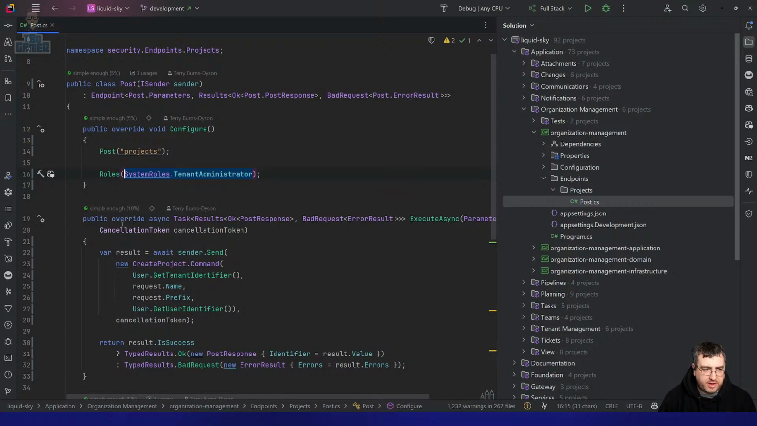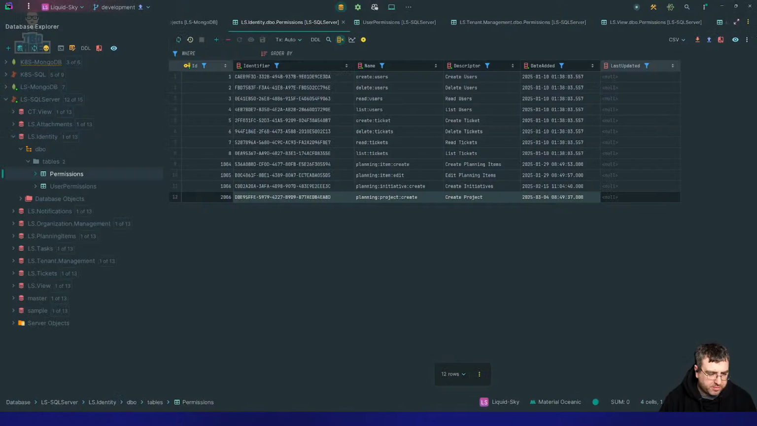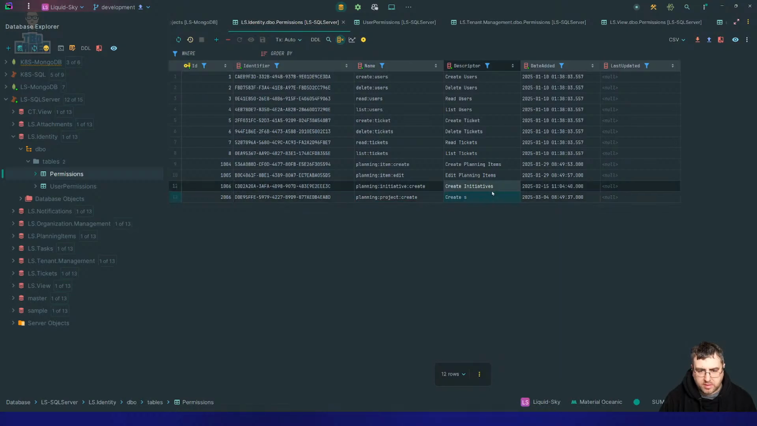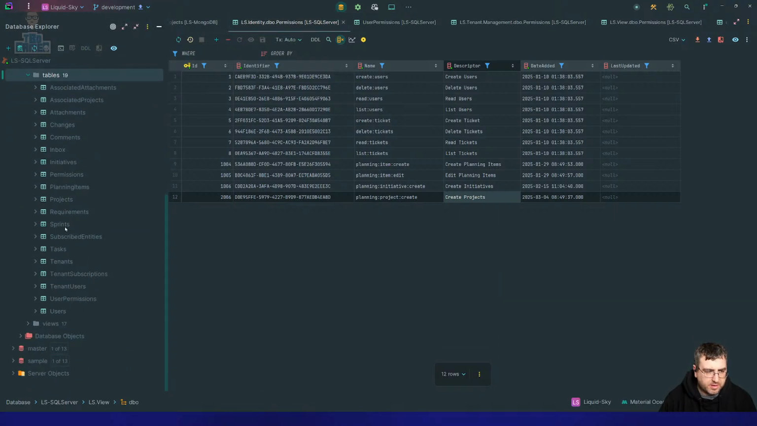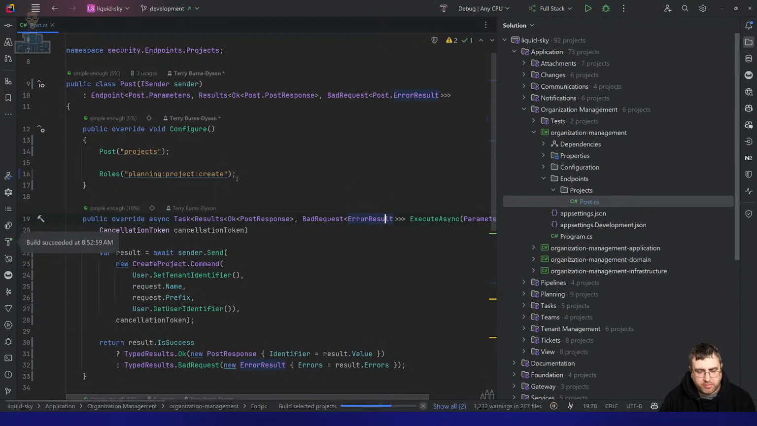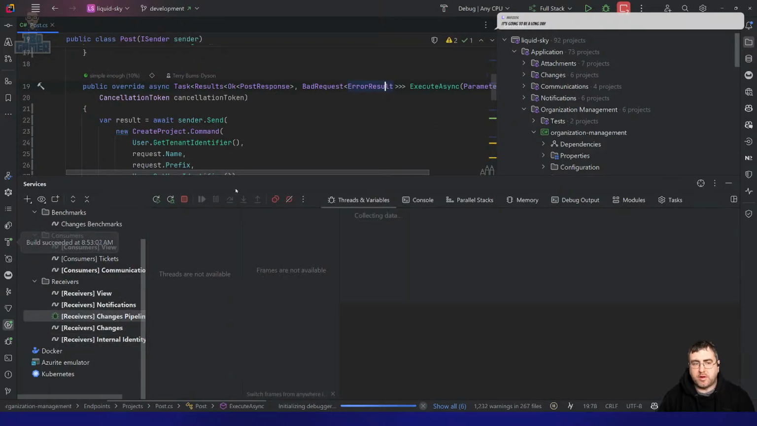So anyway, this can now change. So this is planning project create, right? That's what we call the permission. So we should be able to run the application up now. Planning project create is there. Our user is not going to have that permission. So we're going to have to go and add that permission first because administrator,